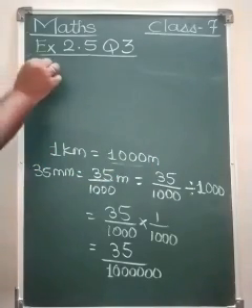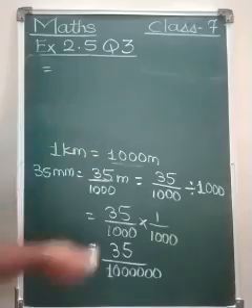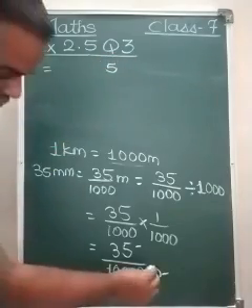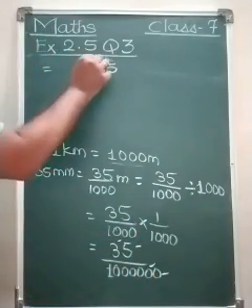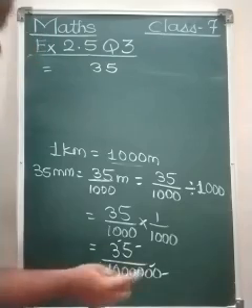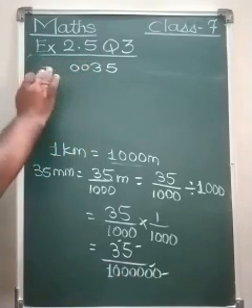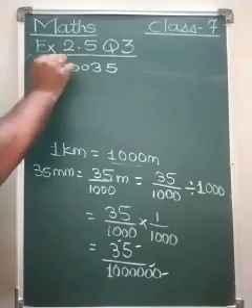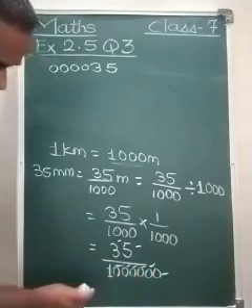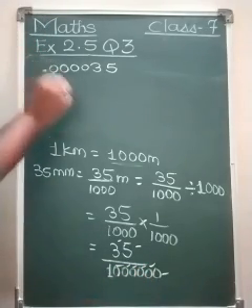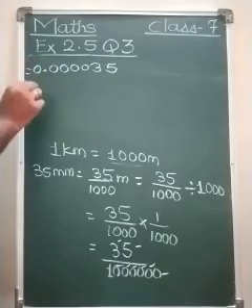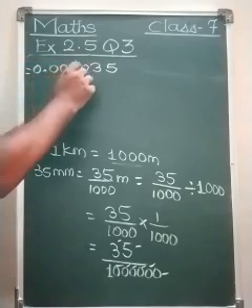So this equals, now 35 upon 1000000. For this 0, 5 is gone. So I will write down 5 here. For this 0, 3 is gone. So we will write down 3. And how many zeros are left? 1, 2, 3, 4. So 1, 2, 3, 4. 1 comes. So all these 4 zeros are on. Then 1 comes, so decimal point. And no figure is left. So 0. So this equals 0.000035